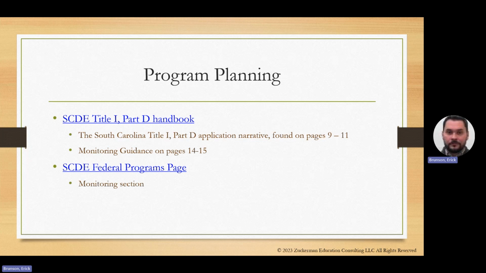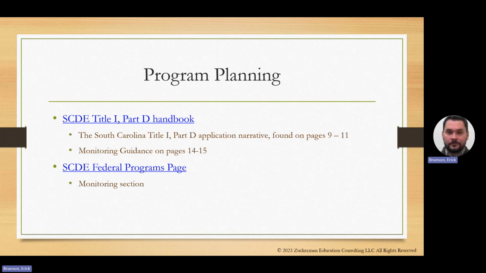And actually, I always want to appreciate and call out SCDE for this sentence. Monitoring also serves as a mechanism to identify promising practices that include measurables and successful outcomes. And so monitoring is a place to collect that information so that it can be shared. So when a district calls the state and says, hey, do you have any idea who's doing this really well? Monitoring gives us data that we can then share with other districts and really elevate those promising practices, because it's what it is that we want to see.